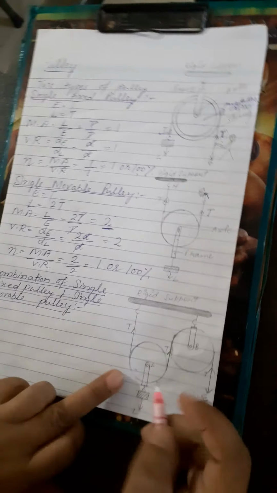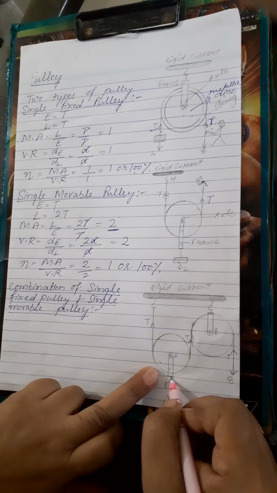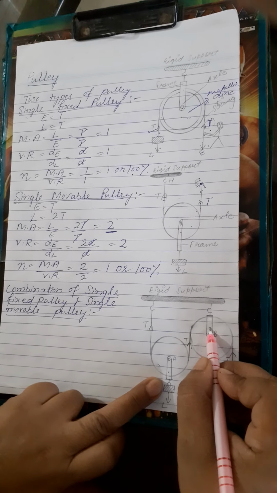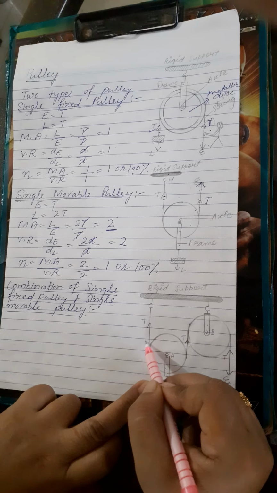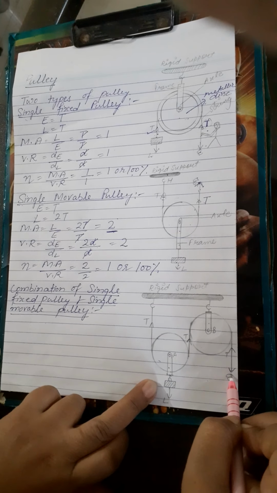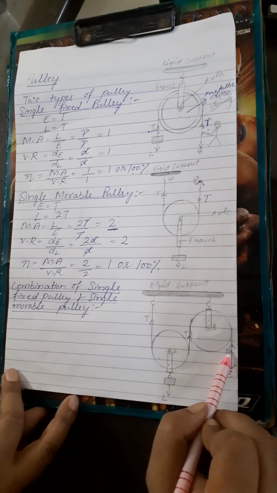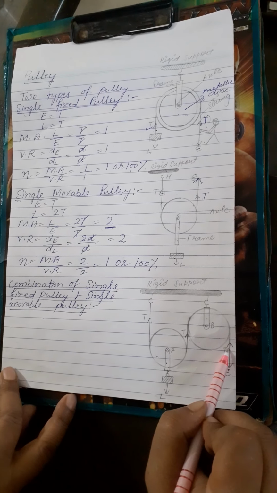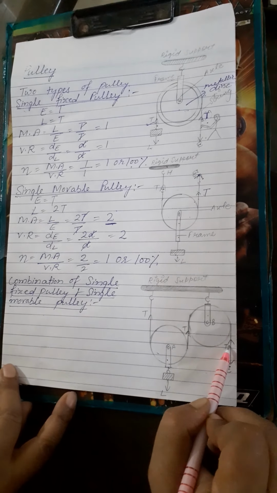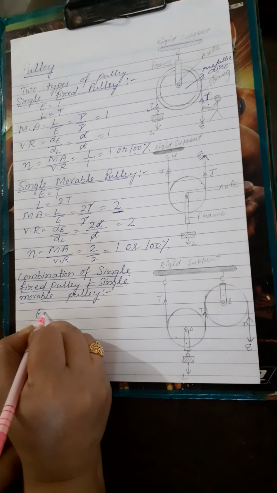But again you please see, this is a single movable pulley because its axis of rotation is not fixed, and this is a single fixed pulley. Now you see the string is there and the effort is coming in the downward direction. Already I told you, in all the strings you have to represent the tension in the upward direction. Now this effort will be balanced by a single T.